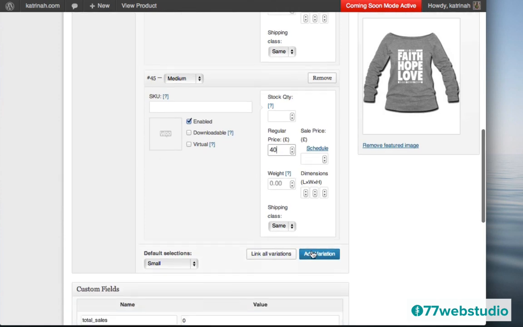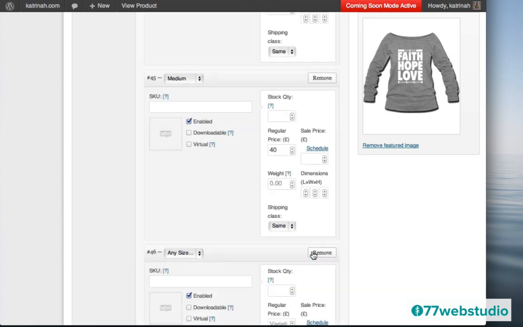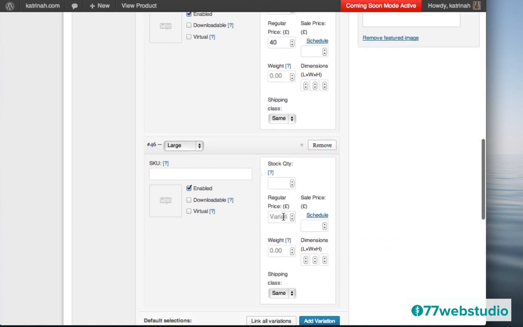And then finally, I'm going to click on Add Variation one more time. And this time I'll choose the large size here, the large attribute. And this time I'll give this a price of $45 just to show you the variation of prices as well as the variation of sizes. So this is how you can give the same product a different price depending on which variation of the product you're selling.